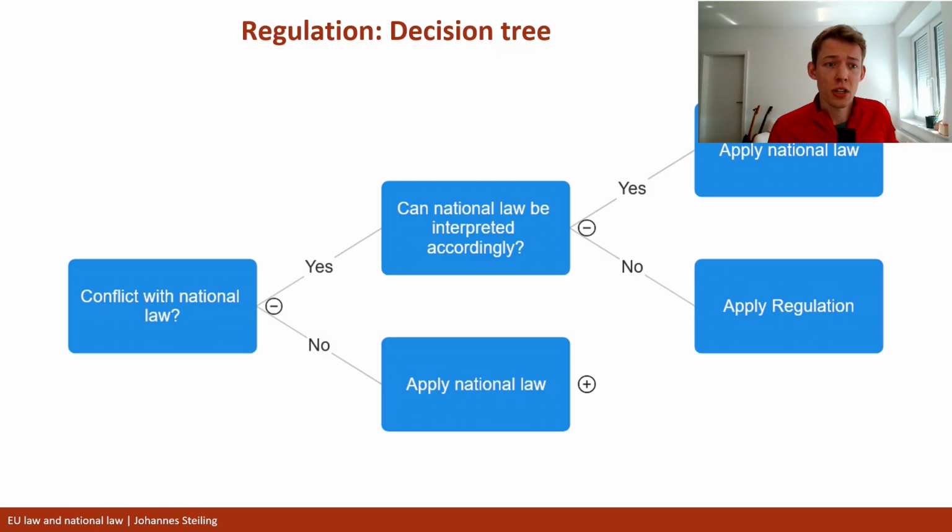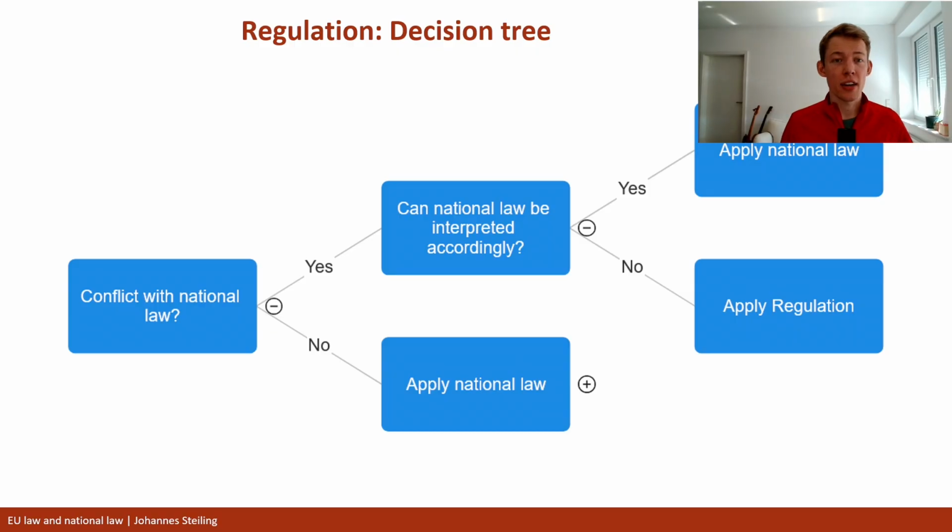All right. So basically, if we have a regulation, like scope of EU law, we have a regulation. The only question we need to ask ourselves is, do we have a conflict with national law? Do we have a national law provision that is in conflict? Now, if we don't have any national law, we will just apply the regulation. That's not a problem. But if we have a conflict with national law, then basically the first rule of primacy applies, which is interpretation up to the wording limit in accordance with EU law.